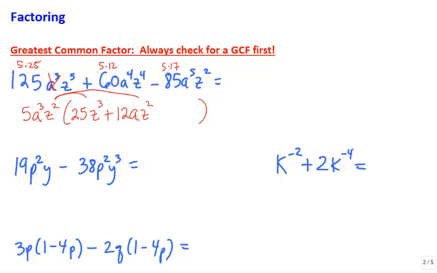A cubed times a would give me back a to the fourth, and z squared times z squared gives me back z to the fourth. So that checks out as well. And finally,